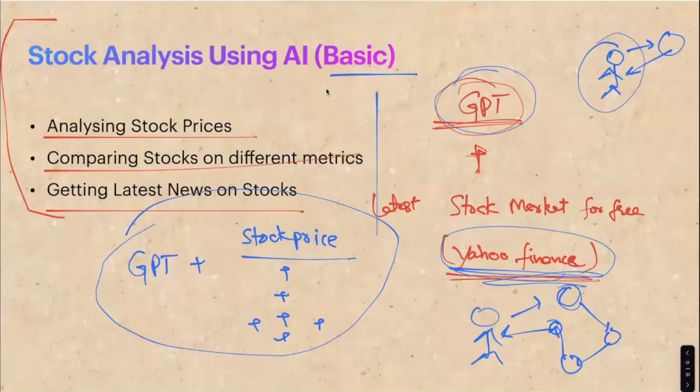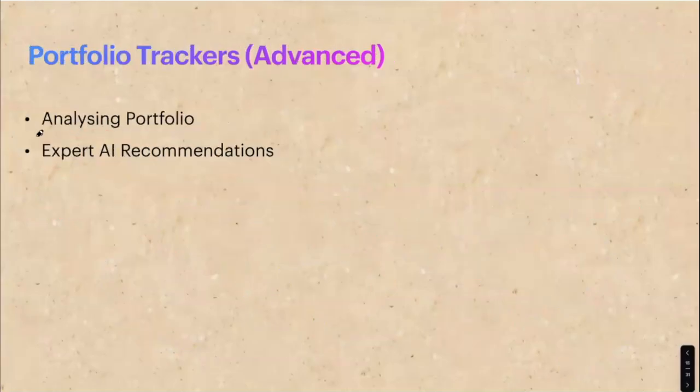So taking a GPT model and connecting it to some basic tools to get you the stock prices, get you some basic news and others. Shortly, what I will show you is how you can do some advanced things. So let's say if you have a portfolio that you want your AI to analyze, or maybe if you want to do some deep research on certain topics, right? You just don't want a simple tool use and give it answer.